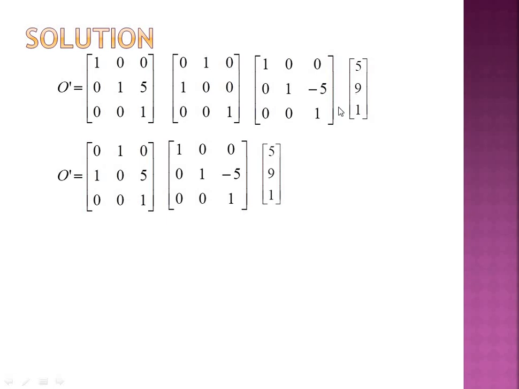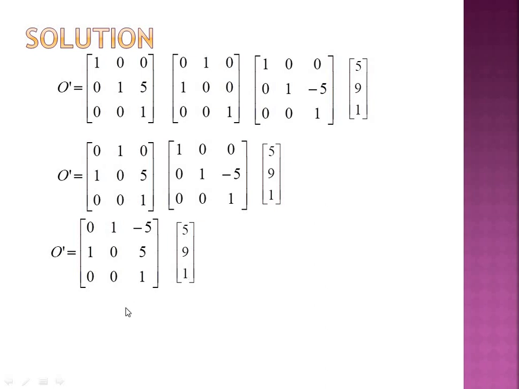So we have just copied this matrix as it is, and this matrix also, and the first two matrices I multiplied, and the result is this. You can also multiply it by yourself, and I suggest that you should solve this question by yourself, only then can you understand it much better. Now the next step, we have multiplied these two matrices and the result is here, and we have copied this matrix 5 9 1 as it is.